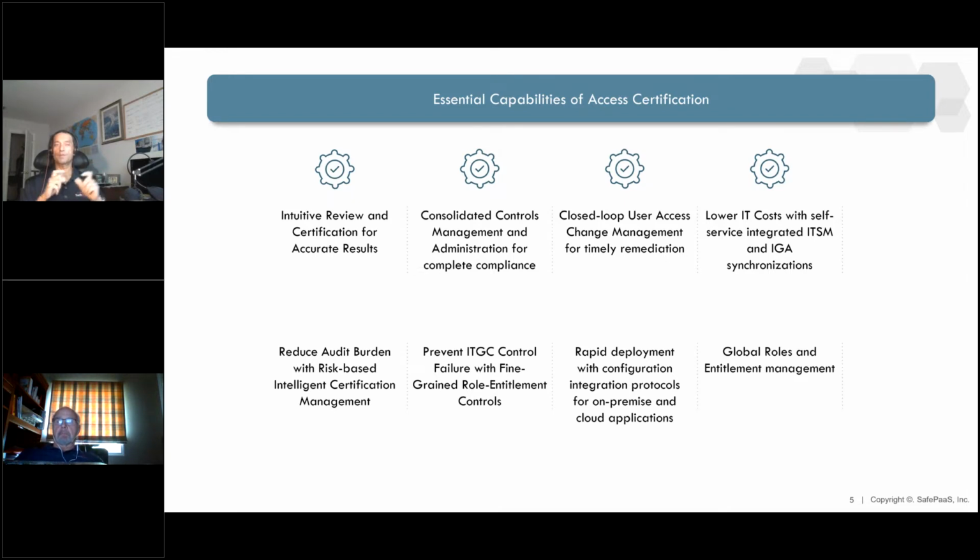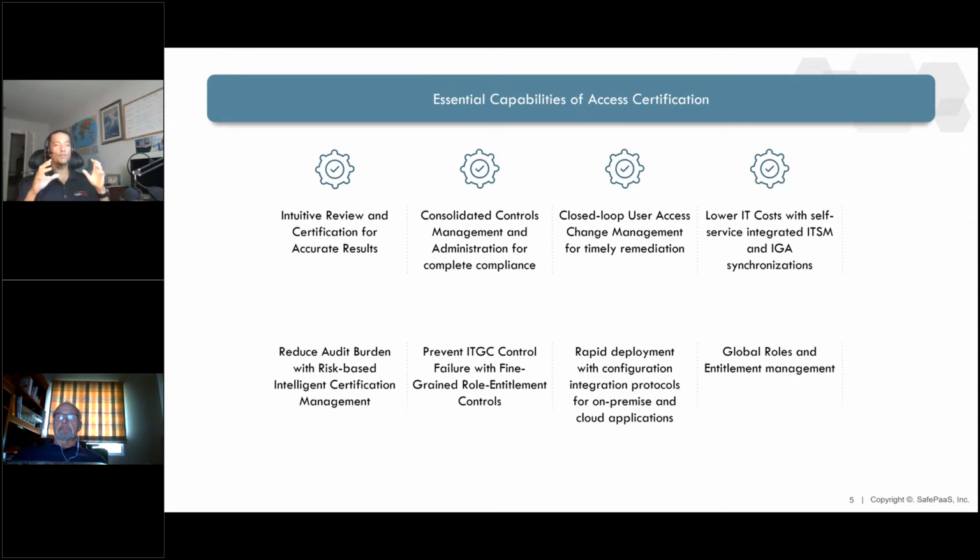So these are the kinds of problems that our customers report at the enterprise side, where the privileges are scattered across many applications and roles are changing constantly. So you need some way of centralizing that control. And that's what consolidated controls management means, that second point that we have at the top of the slide. So we talk about having an intuitive capability, and then the ability to consolidate that into a single